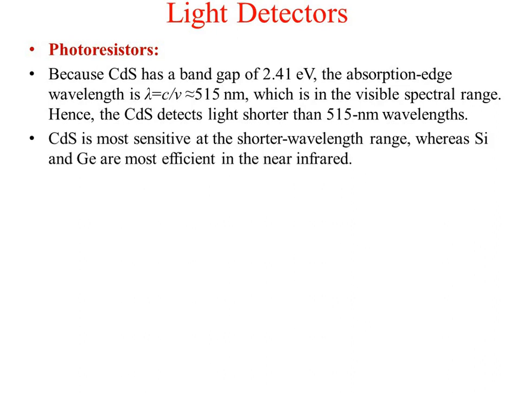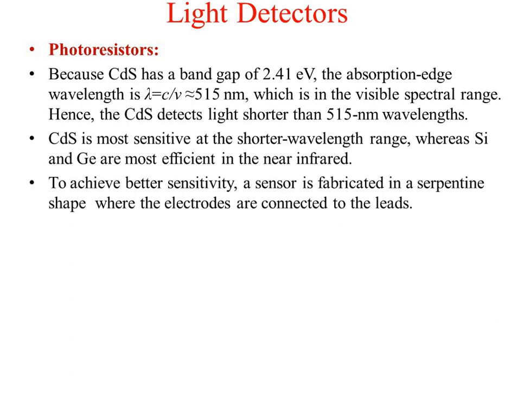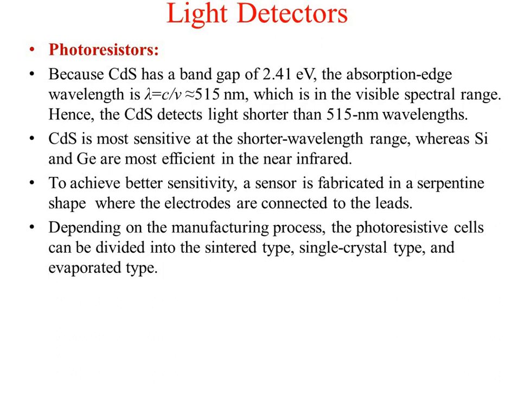So cadmium sulfide is the most sensitive at the shorter wavelength, whereas silicon and germanium, these are the semiconductors that also show such kind of sensitivity, but they are more efficient in the range of near infrared. To achieve better sensitivity, the sensor is fabricated in serpentine shape, where the electrodes are connected to the leads. Depending on the manufacturing process, the photoresistive cells can be divided into sintered type and single